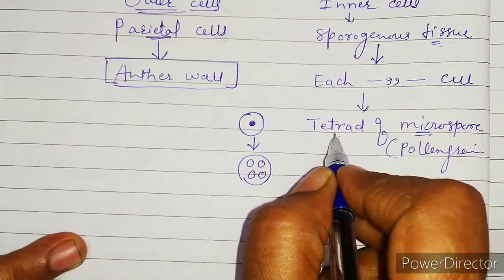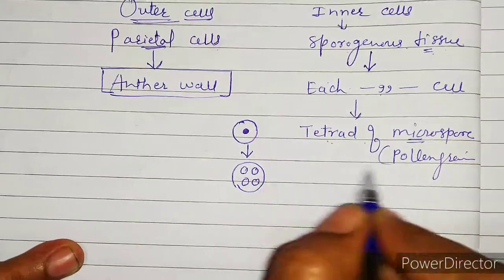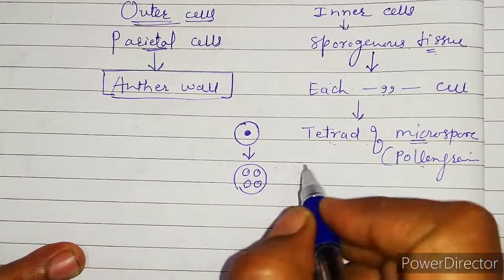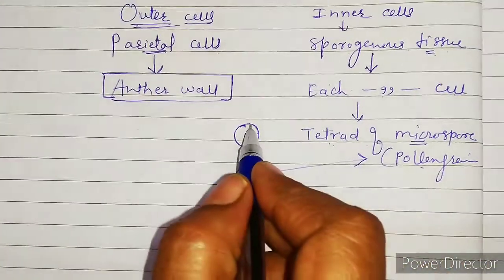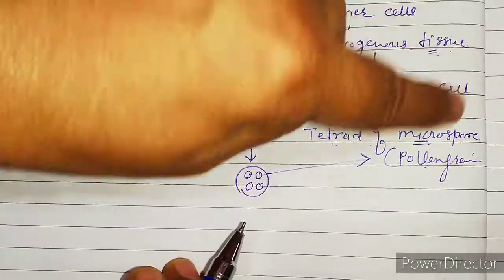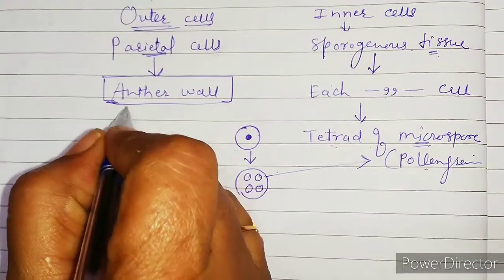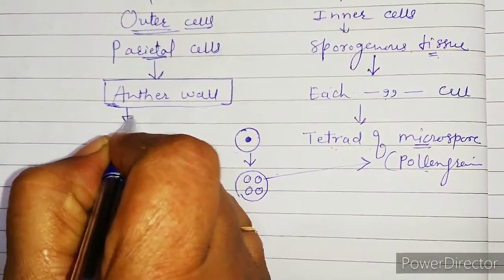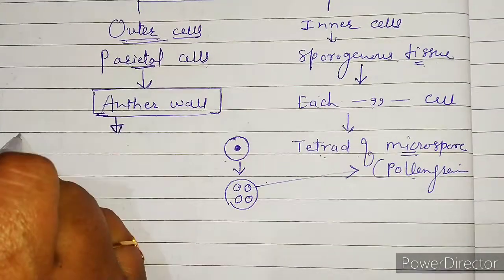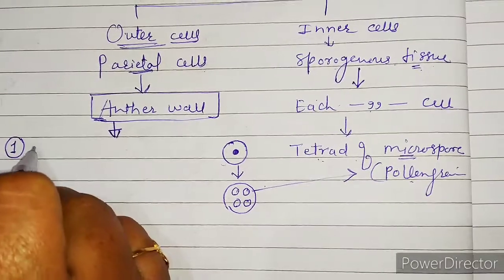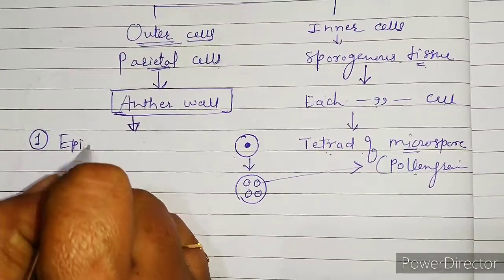You know tetra means 4. So these are 4 pollen grains. So 4 pollen grains or 4 microspores are produced in the single sporogenous tissue. Now we will see about the anther wall. So see here, the wall of the anther is composed of, number 1, the outermost layer is called